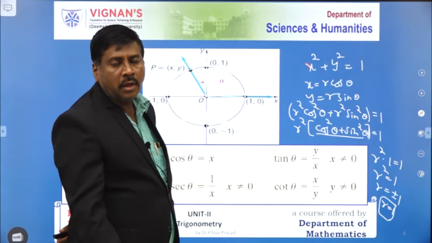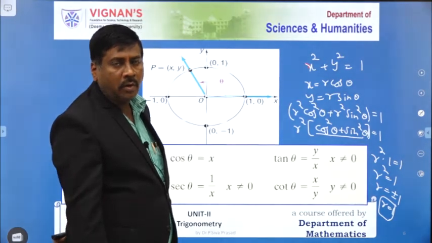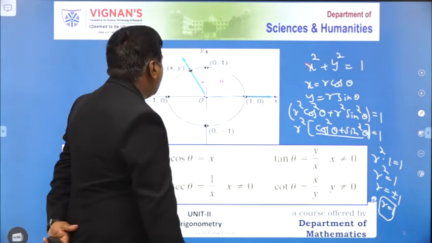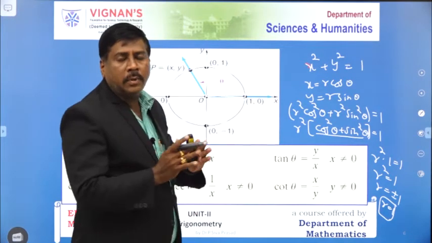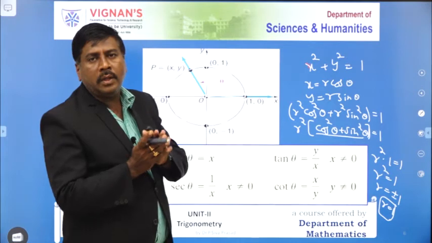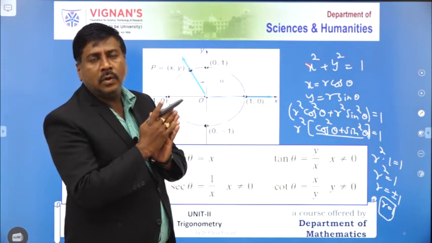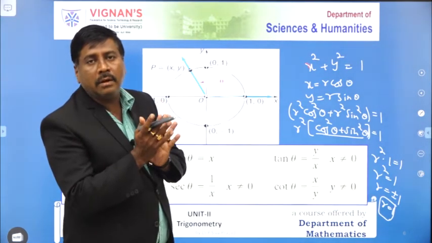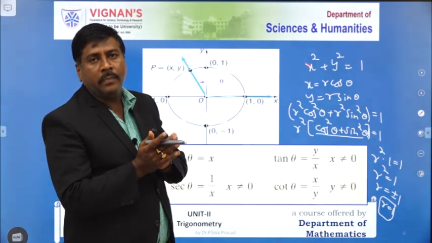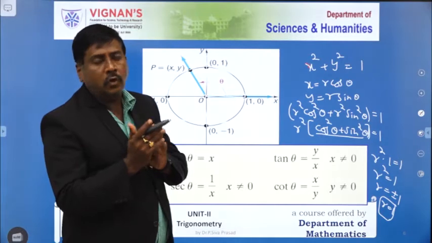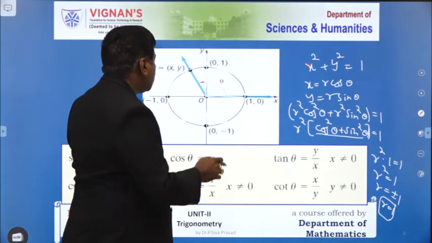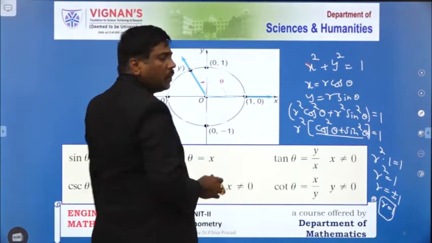So that is what we discussed in the previous sessions. In that, this is called the acute angle. An acute angle is an angle made with the positive x-axis that is less than 90 degrees. That is called the acute angle only. And the remaining angle is called the obtuse angle. Okay. So in that, this is the positive x-axis.